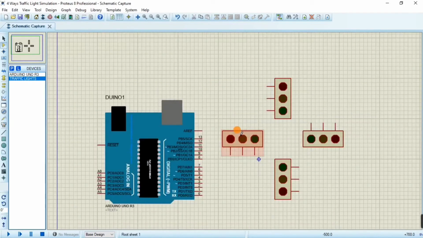There we go. Then, after everything is arranged like a four-way traffic light, you just have to connect all the component